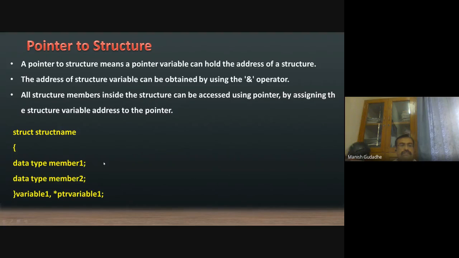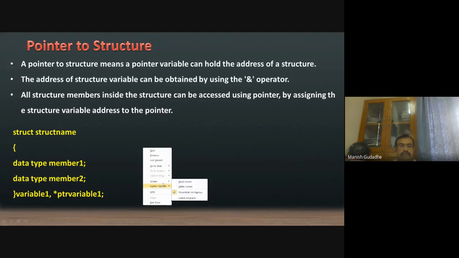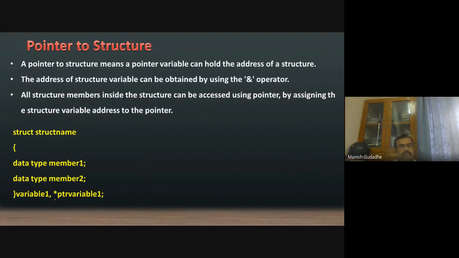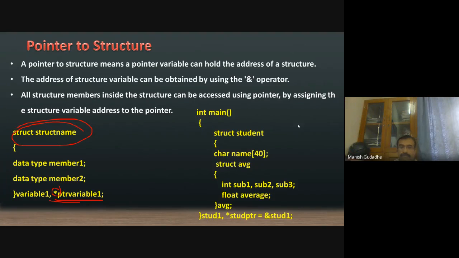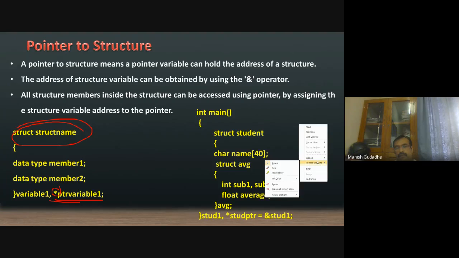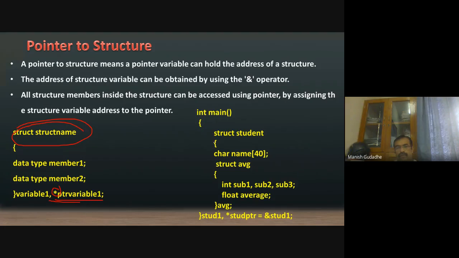See here, a structure name is given, data members are given, and with the similar method of pointer, we can declare it with the asterisk symbol: asterisk ptr variable 1, which will be a pointer to a variable of this structure type. In this way, for the previous example, we can do it this way.